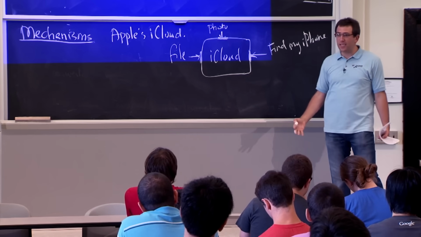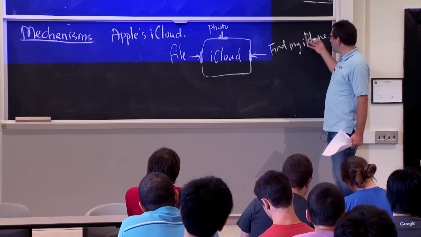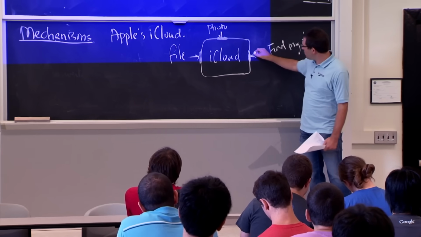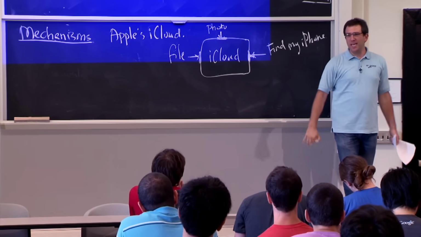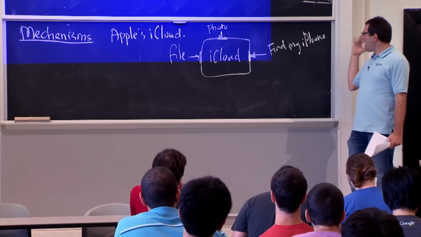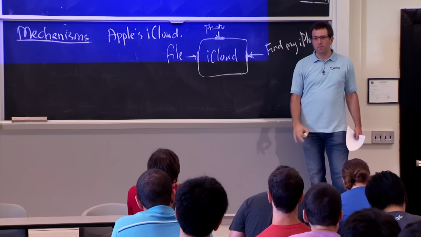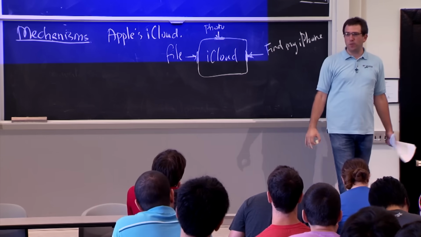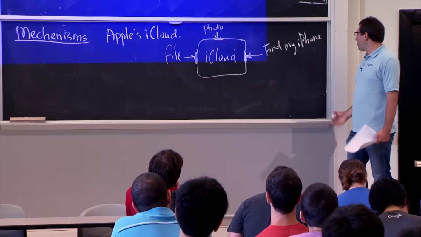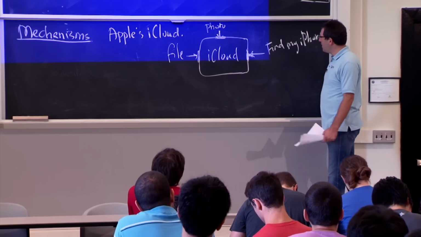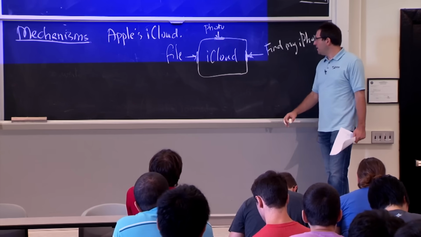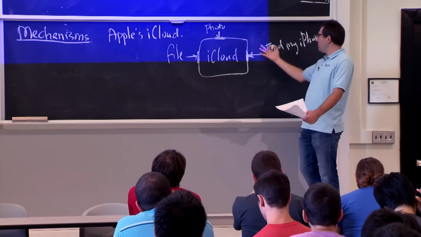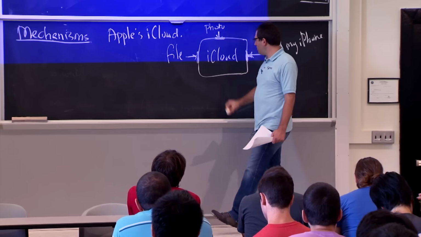But the result is that for the same set of accounts, a bad guy would be able to now guess your passwords through this interface at millions of attempts per day easily, because this is just limited by how fast they can send packets to this iCloud thing. And they can probably guess your password with pretty good success rate after making many guesses. And this led to some unfortunate break-ins, and people's confidential data got stolen from this iCloud service.